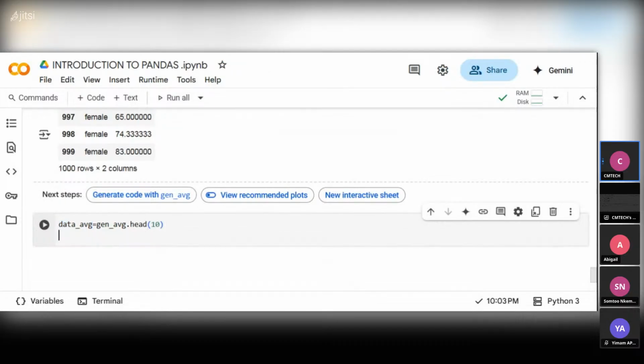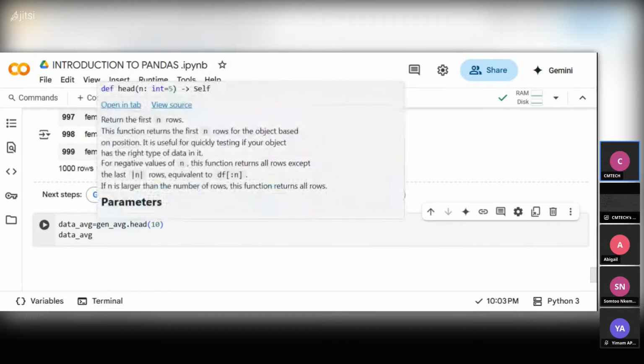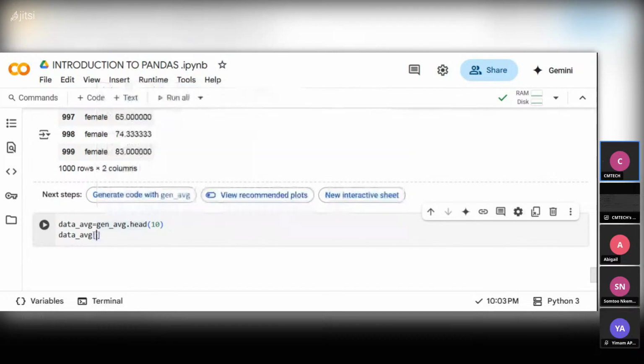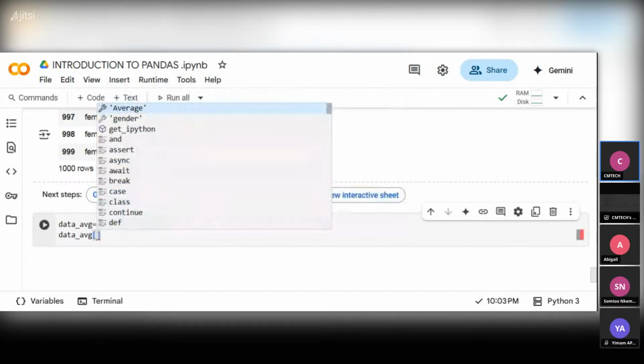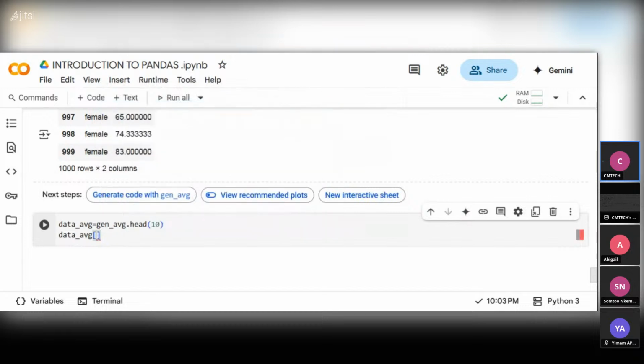Now we are going to visualize this data, and we are going to name this, group it by, okay, let's use the average score, the average, okay, let's say